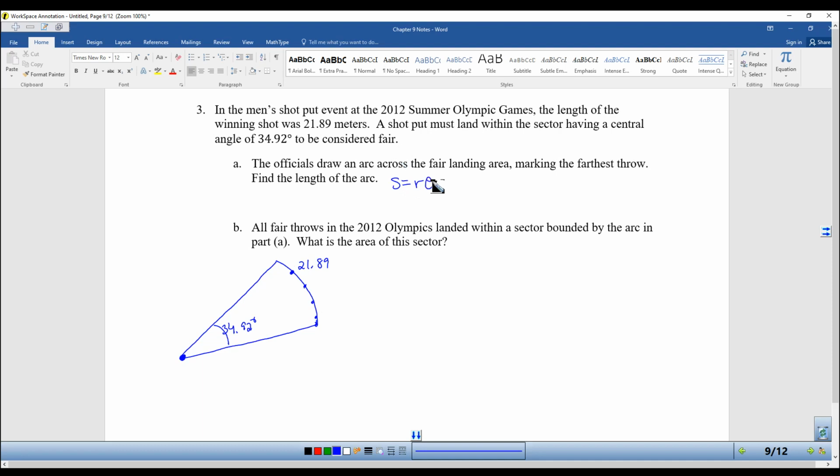So I always write down my formula first, and then I fill it in. 21.89. Ooh, but this is in degrees. This formula won't work in degrees. So I have to take a step back and convert it. 34.92 is in degrees. So when I convert, I put my degrees on the bottom and my radian measure on top. So 34.92, remember to use the pi button, divided by 180 is